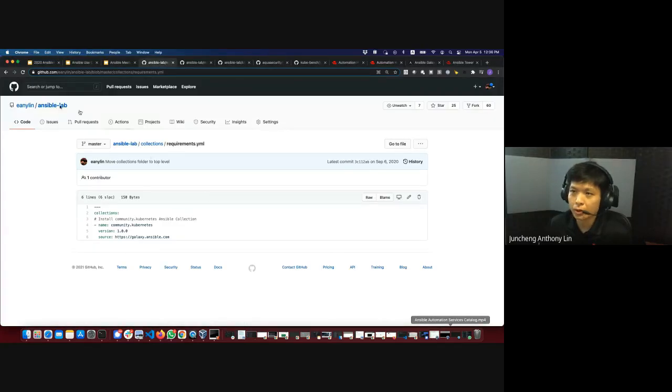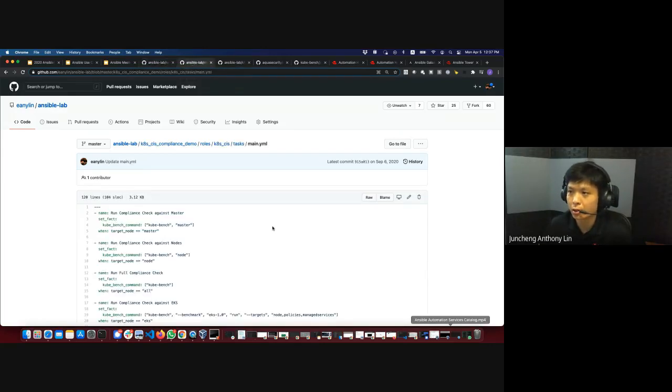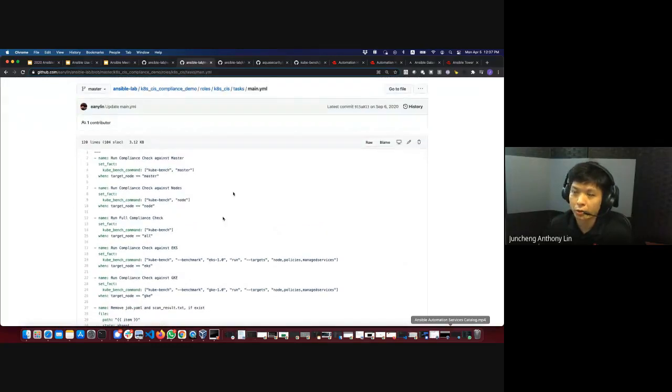So this is my Git repository. What we are doing over here is that I'm pulling, back then, a few months ago, I was basically using the Kubernetes collections. You just have to point it to the source. Back then it was version 1.0.0, so you can pin to whatever versions that you want, defined within the requirements YAML. Then after that, we will create the task that we wanted to do.